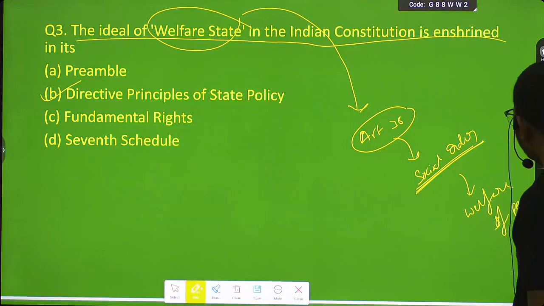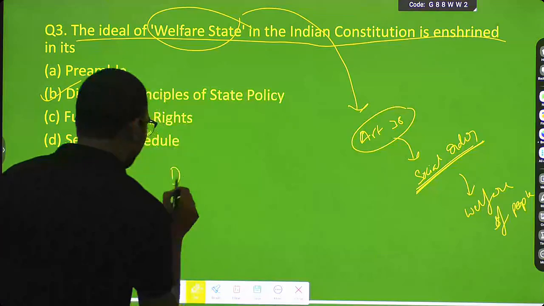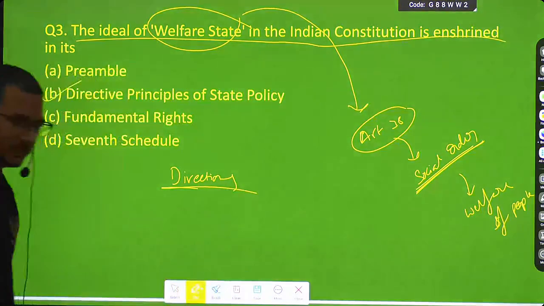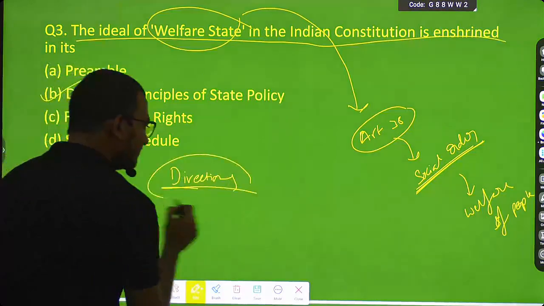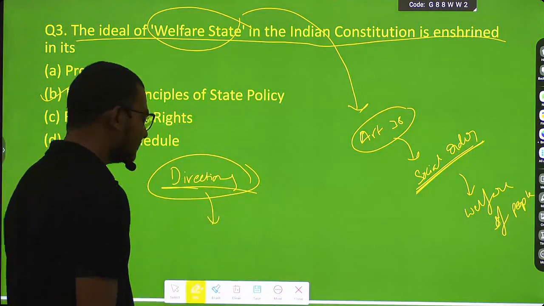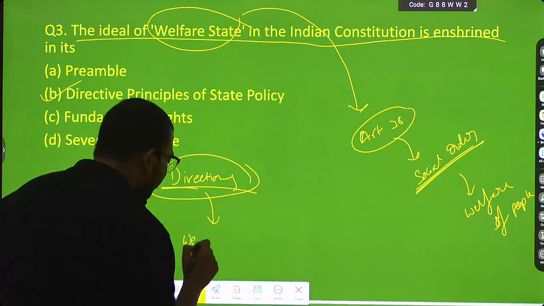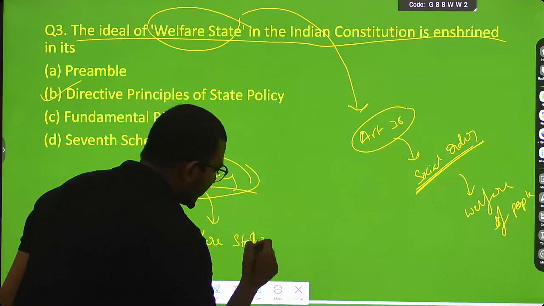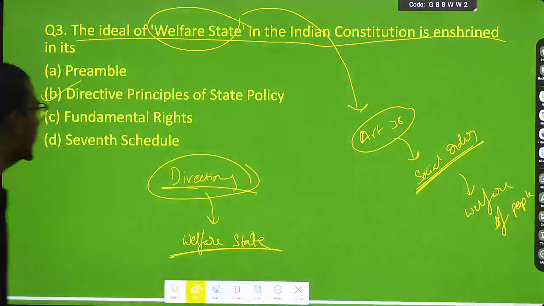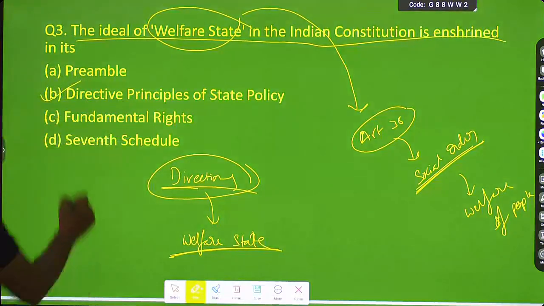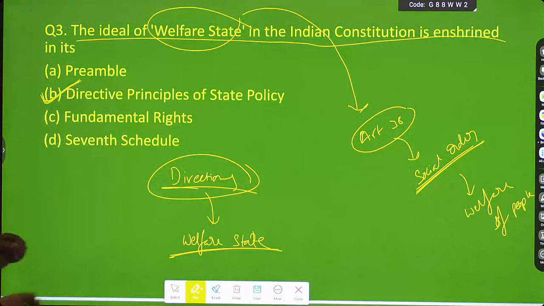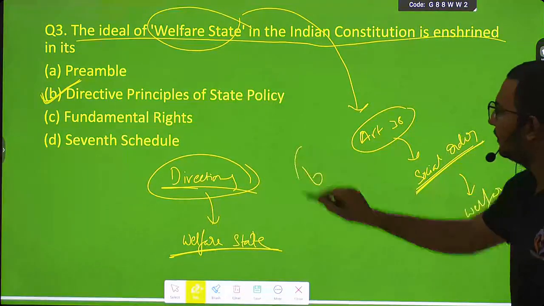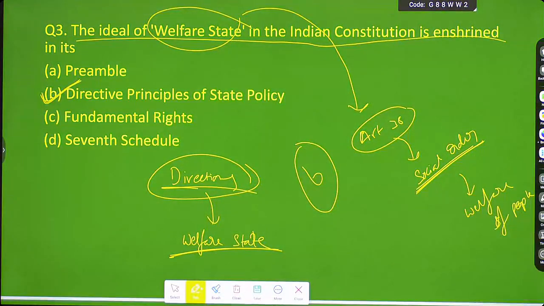See, the directive principles means directions while making policies. Directions given by the constitution while making policies. Whenever the state follows these directions while making policies, then our objective is to get a welfare state, a state where people will be happy. So the ideal is enshrined in directive principles of state policy. Okay, so your answer is option B. Okay, the next question is,